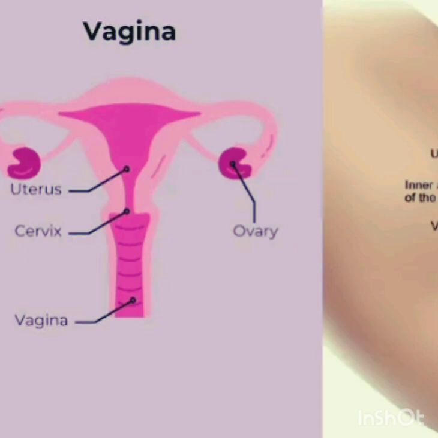When the cervix is fully dilated, the baby starts to move. In normal SVD, spontaneous vaginal delivery,